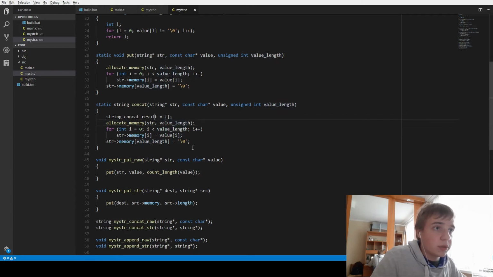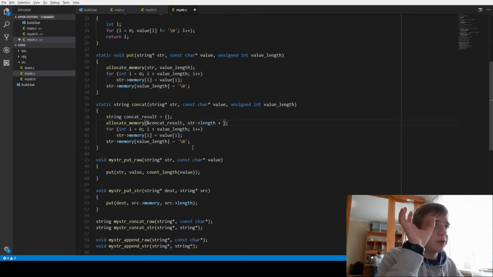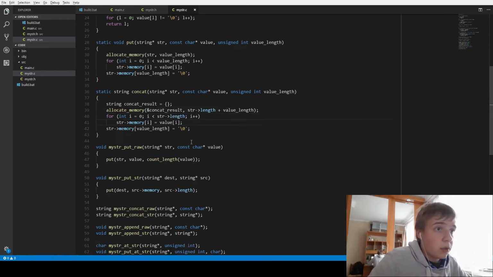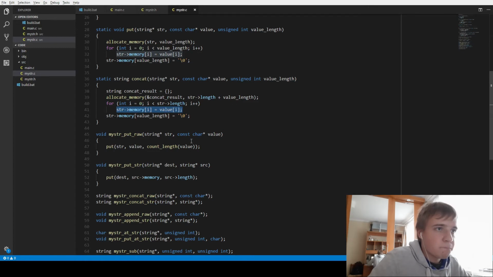So concat result, and I'm gonna have string length plus, so it's gonna contain both string and value length, and so result